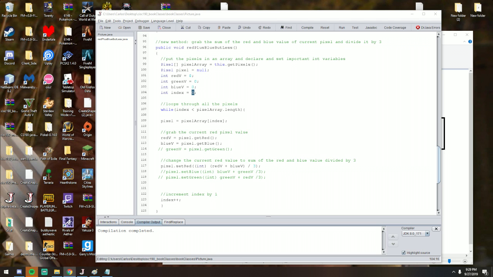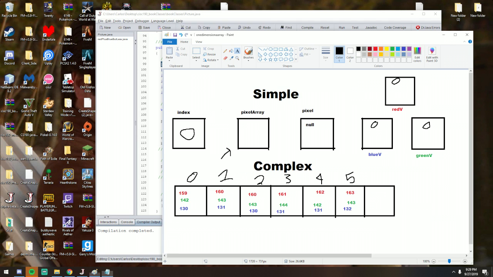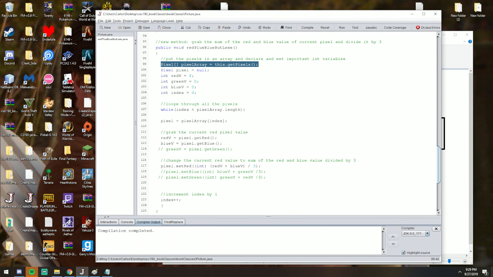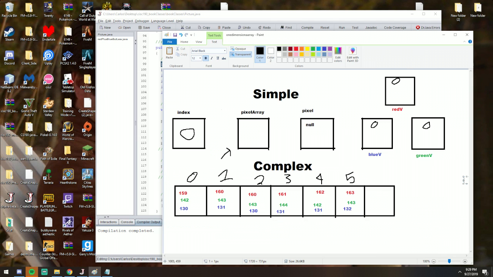So if you look at the body of this method, it starts out with this line of code. Now what this line of code does, it puts the pixels in an array according to the number of pixels from the source. So if you look at this array right here, according to the number of pixels, it'll go on to that many pixels, and inside it holds all the RGB values. And this is an example of the one-dimensional array